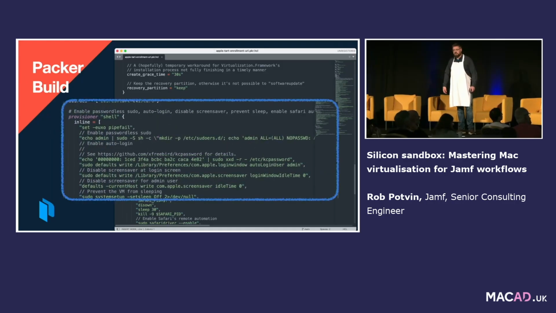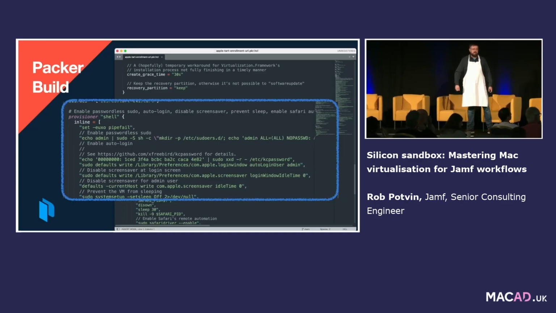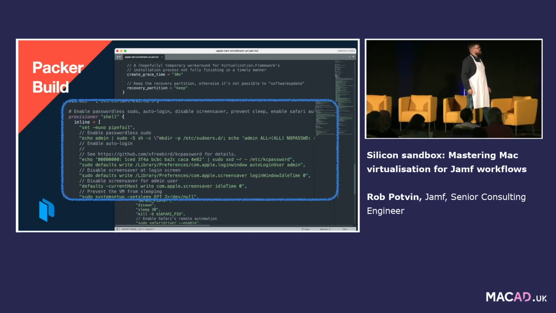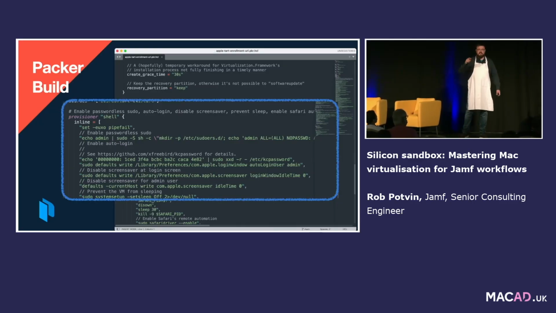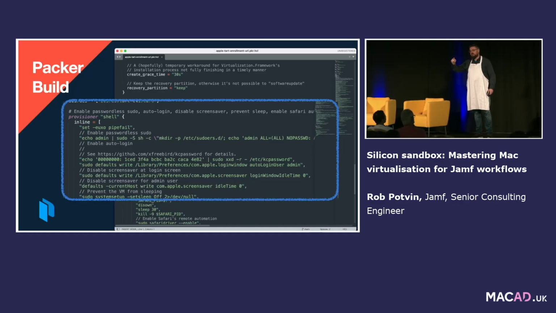And more command line stuff. See, it says provisioner shell. Say that five times fast. So what it does is that during the build process, it goes through Setup Assistant automatically, opens up System Preferences automatically, goes through by keyboard shortcuts, goes down to SSH, turns it on, screen sharing, turns it on, and when SSH is on, the script, provisioner shell, SSHs into the VM, runs these inline shell commands, and does what you need to do.